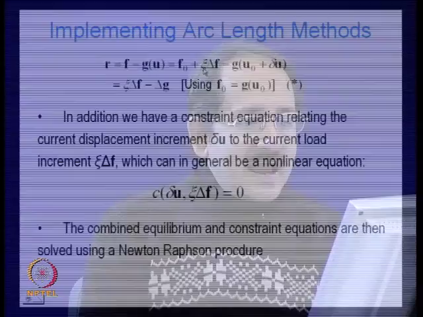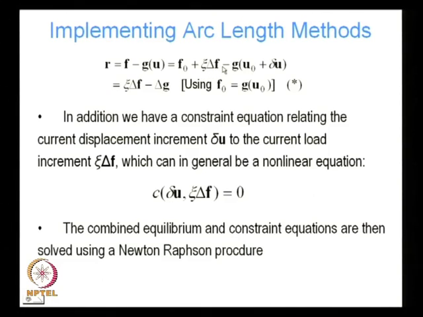So, F0 plus xi delta F minus my internal force response, which is a function of the initial displacement u0 plus my increment delta u, whatever the difference is, is going to be my residual. I am going to write this as xi delta F minus delta G. Why? Because I am going to write G(u0 plus delta u) as